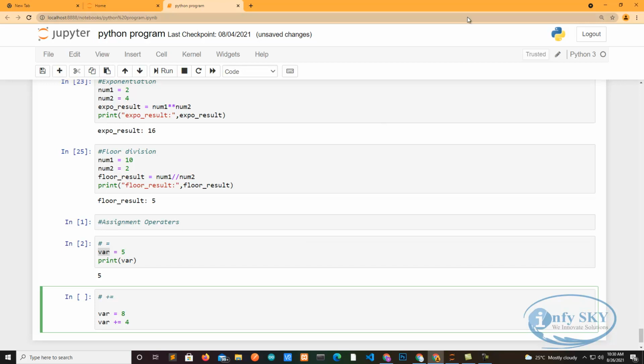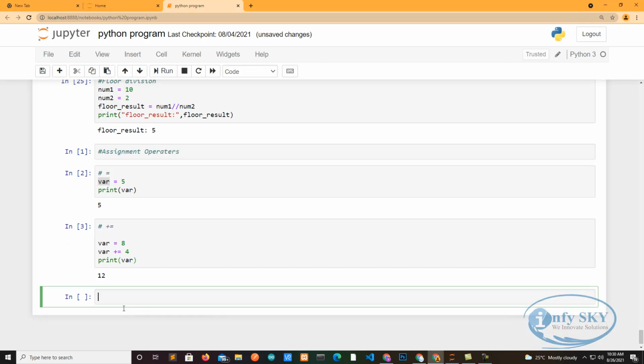So this 4 will be added to 8 and it will give the result. I will print var, and the result will be 12. So I think you are getting what plus is equal to is. We can also take 4 plus 8, and we can take it like this also. These we call assignment operators.